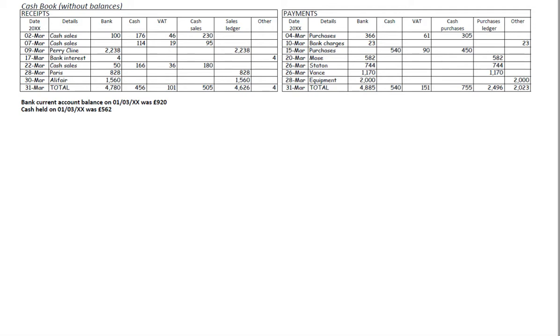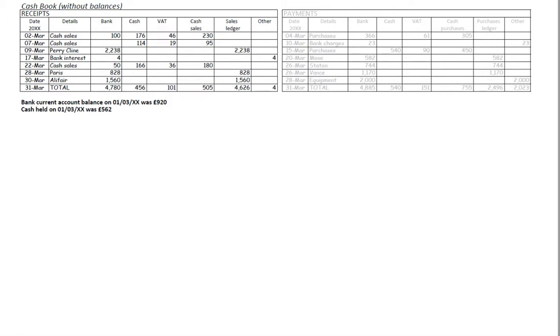In this video, we're going to look at how we post the cash book, specifically cash book receipts where our cash book does not include balances of cash or bank at the start and end of the period. So up on screen, we've got a typical cash book. We've got both the receipts and payment side, but of course, in this video, we're just going to be focusing